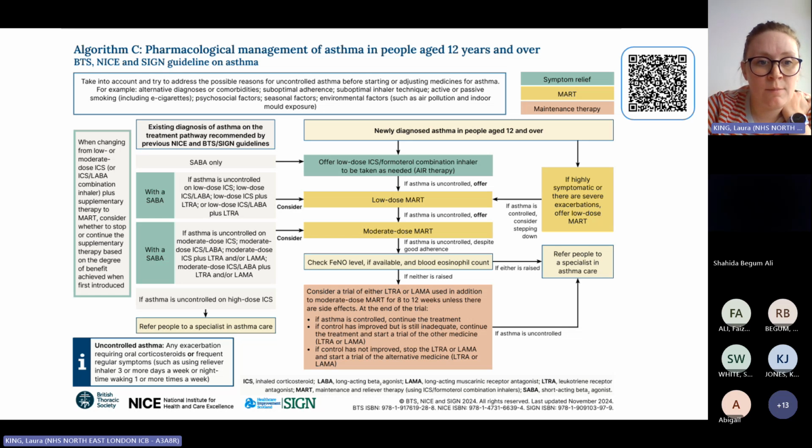What we need to remember is that it is a consideration. We are not going to be blanket switching people, and we'll mention this in just a minute. We'll go through it. So hopefully that's helpful. There is a QR code on the slide to the guidelines, but I can always pop them in the chat as well.